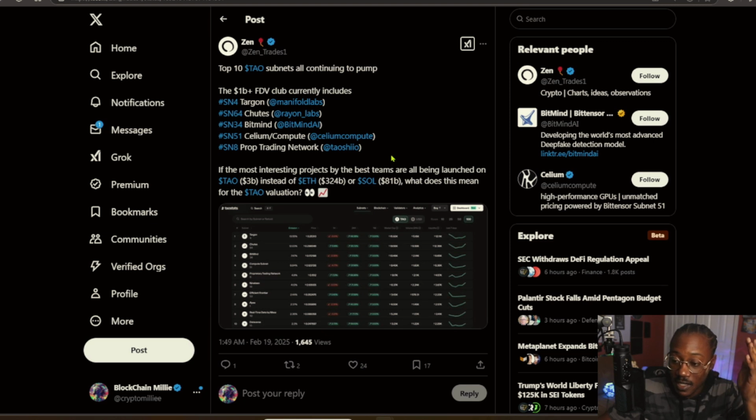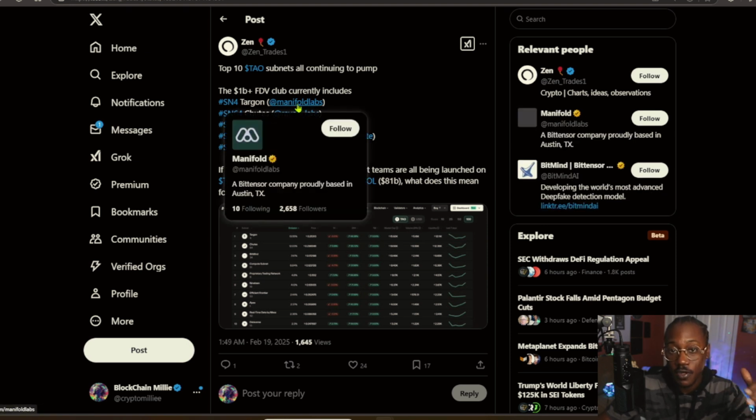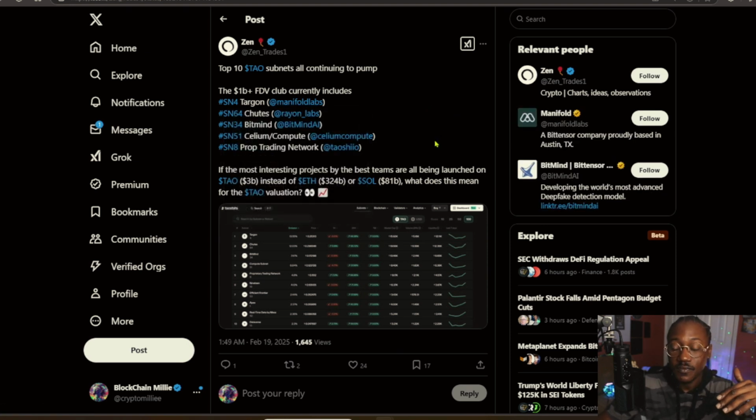Today I'll be doing a lot of research on these projects, but this comment here pretty much explains it all. It says, if the most interesting projects by the teams are all being launched on Tau instead of ETH, Sol, what does this mean for Tau's valuation? Crazy, right? Just go look at some of these projects and what they are doing. This is big brain type of stuff. This is not like, I'm gonna create a meme coin, put a picture behind it, and hope people buy. This is actually people working on real stuff that can help move forward AI in a decentralized fashion, whether it's